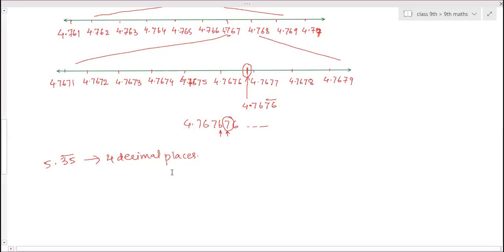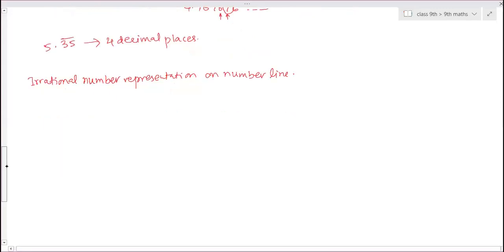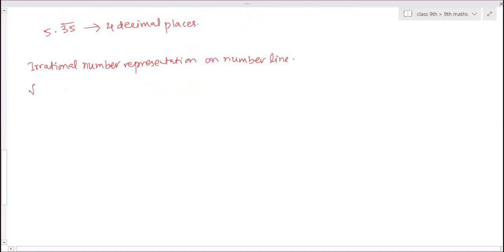Okay, done. Then this is about the rational number successive magnification representation. Now we have the irrational numbers representation. Today we are continuing, we are completing this part. Science we will do afterwards. So irrational number representation on number line. In this case, first the whole numbers root 2, root 3, root 4, root 5, root 6, and so on. Root 13 also we can show, root 10 also we can show on the number line.